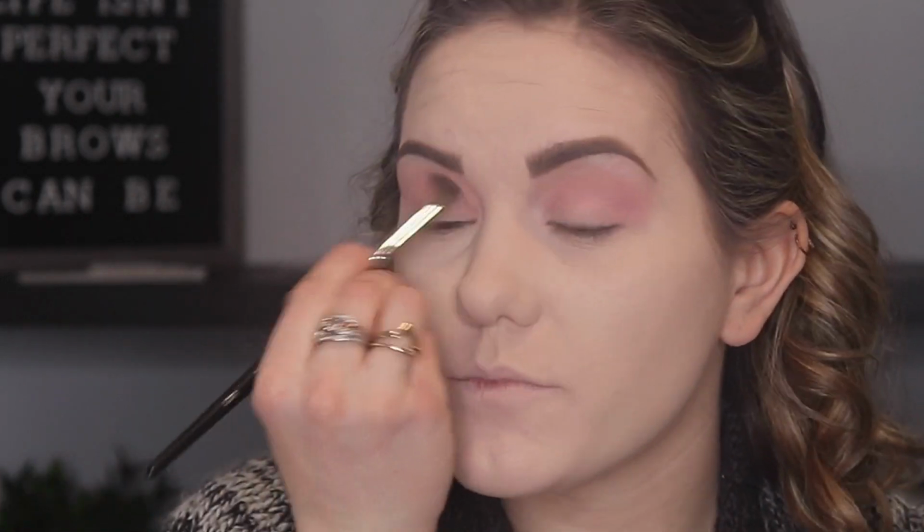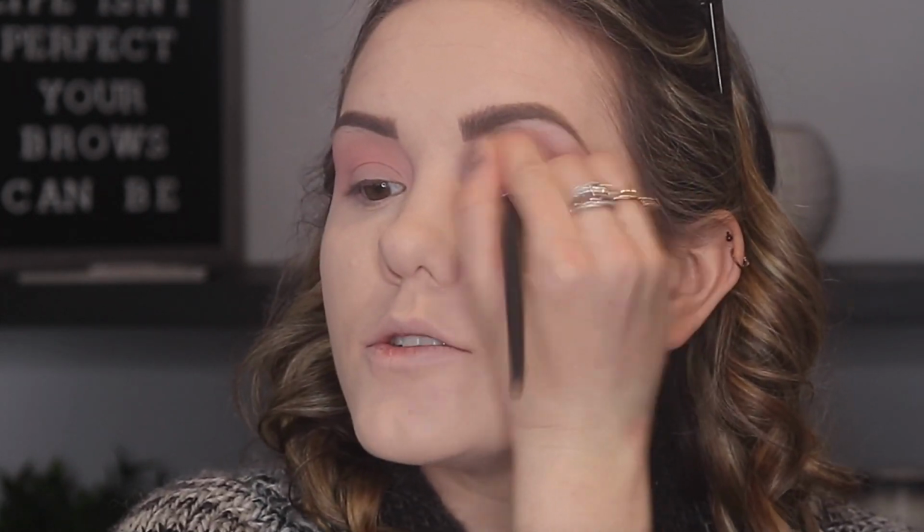If you want a really amplified look that's going to last all day no matter what you're doing, the Fenty Beauty primer is the way to go. Probably one of the absolute best primers I've ever seen in terms of holding onto your makeup. In terms of blending, I find it does make it a little bit more difficult, but if you're just aware of it and use a different technique, you can still get the look that you're looking for. So I'm not trying to deter you from this primer, I'm just trying to warn you, maybe go in with a lighter application, especially with those darker colors, because they may be a little bit more difficult to blend out